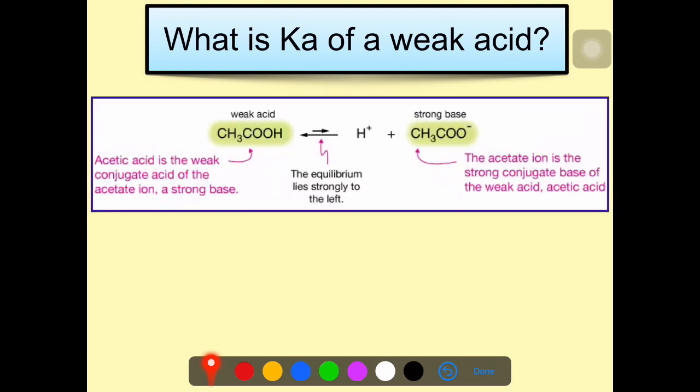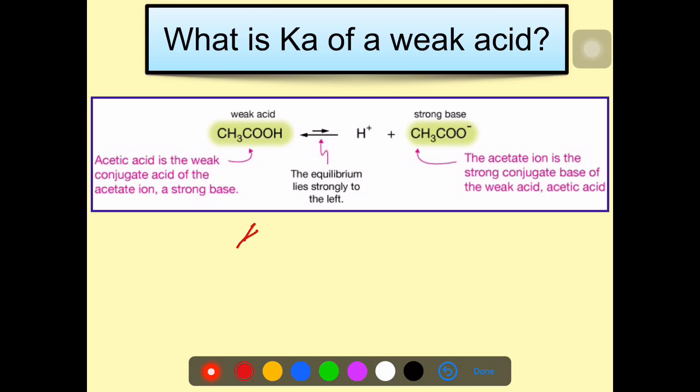So look at this dissociation reaction of acetic acid. Acetic acid, we all know, is a weak acid. It dissociates partly, to a small extent, to form H plus ions and acetate ions. Look at this arrow, it's a reversible arrow with the forward arrow being much smaller than the reverse or the back arrow, clearly indicating that acetic acid dissociates to a very poor extent. The equilibrium constant of this reaction is called acid dissociation constant.